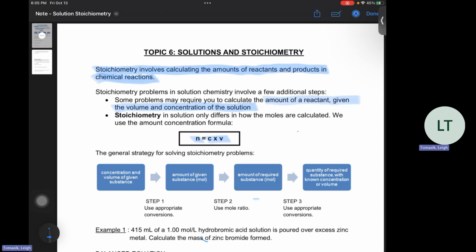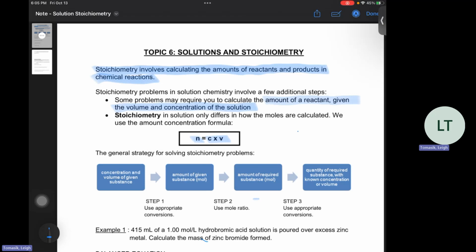So before we learned about how to go from grams to moles, and that works if you have a pure substance, right? If you have a solid or a liquid that's a pure substance, you can get to moles by using the molar mass. Okay, but for solutions, we would have to use the n equals c times V to get